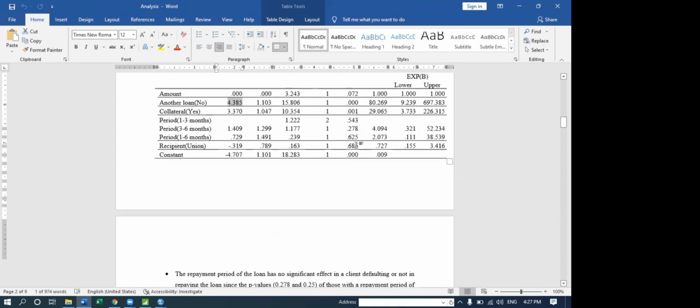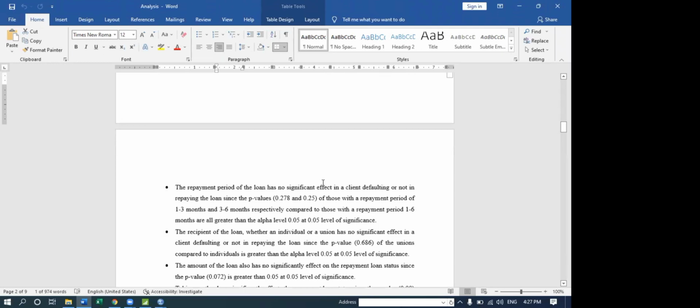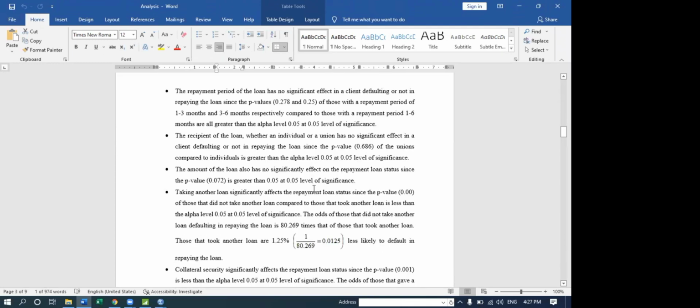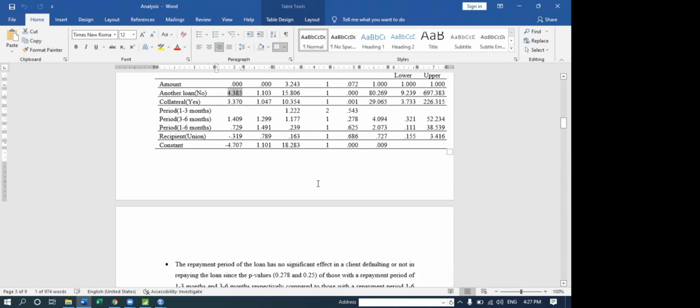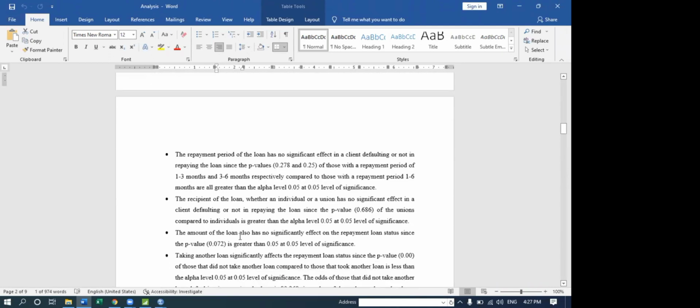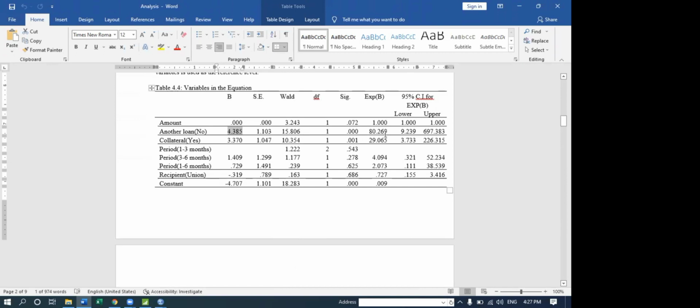Wait, let me not make a mistake. Sorry, let me say it again. We use exponent of B to interpret. Based on this, if you compare no against yes, the odds is this. If I want to take the inverse, it means I'm comparing yes against no. So this means the odds of people that do not have the mindset of taking another loan, defaulting in repaying it, when compared to those that have the mindset of taking another loan, is